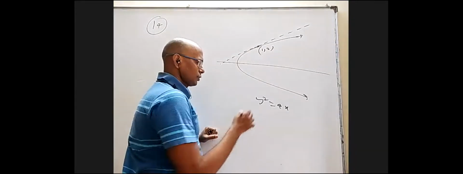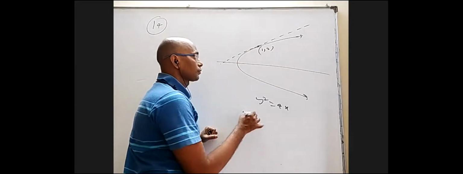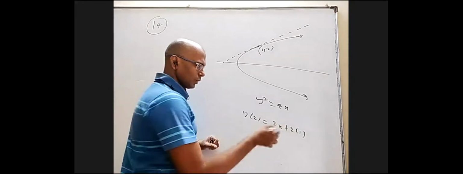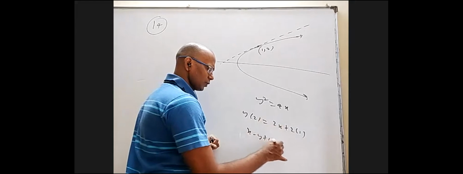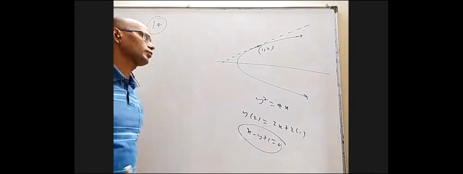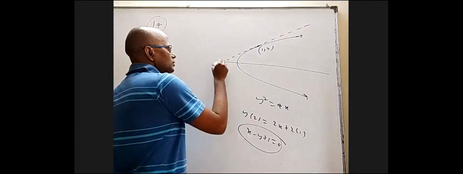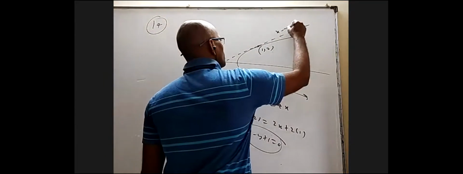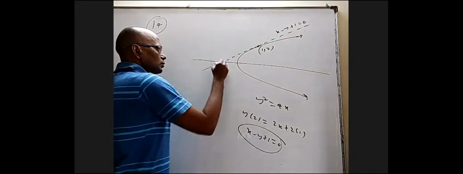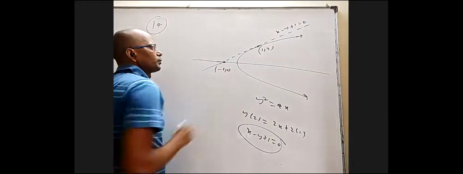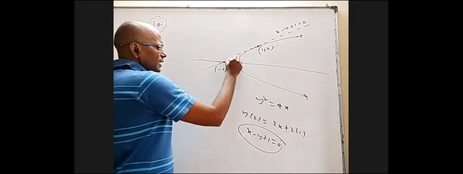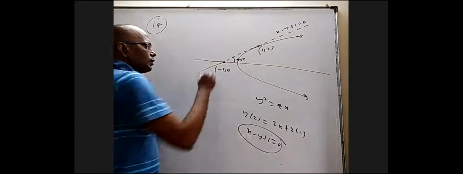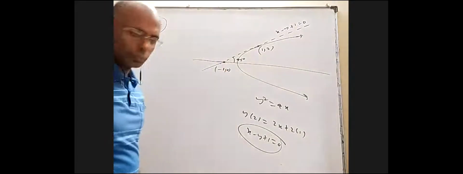Tangent equation, T equal to 0. If I do it, I'll get y into 2 equal to 2x plus 2 into S1, which is x minus y plus 1 equal to 0. This is a line with slope 1, which is making 45 degrees. That is the advantage. This is x minus y plus 1 equal to 0. This point is minus 1 comma 0. Because this angle is 45, it became easier where the mirror image is a parabola, proper figure.